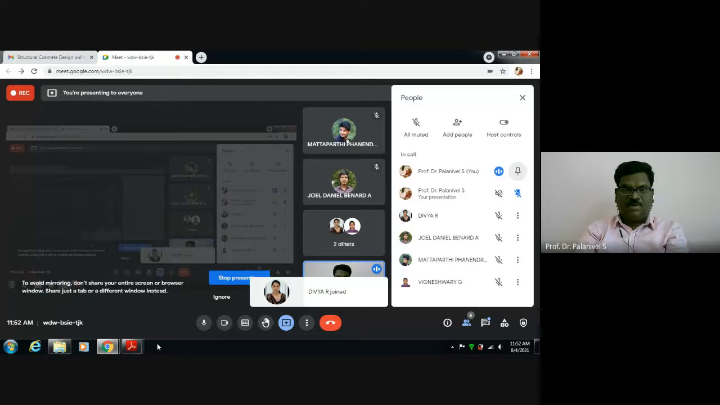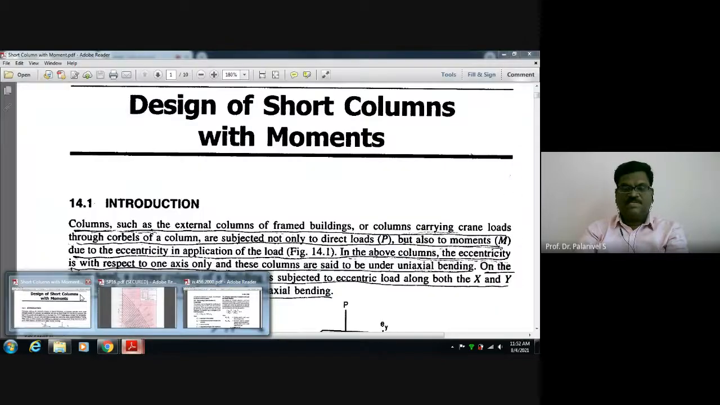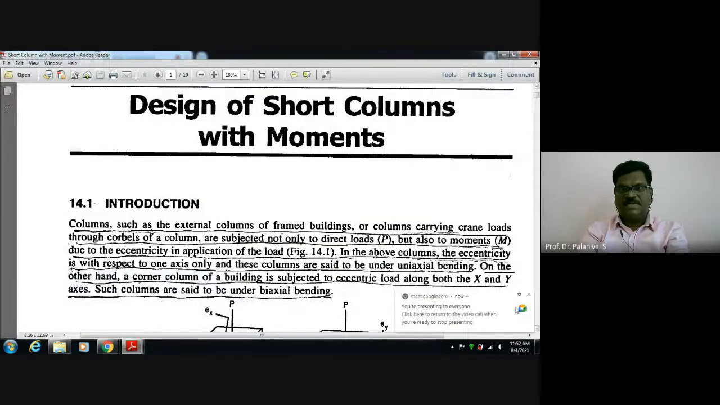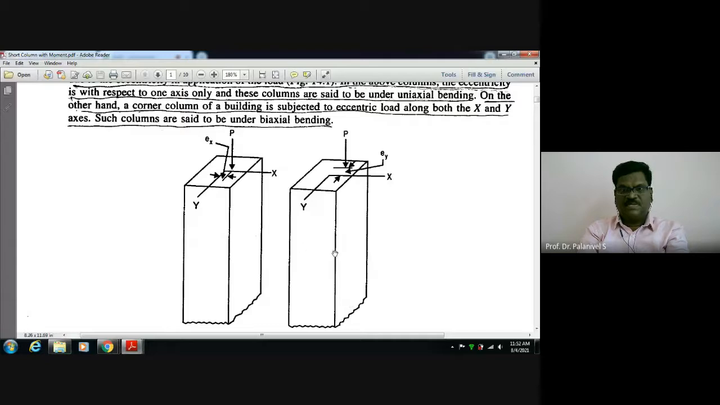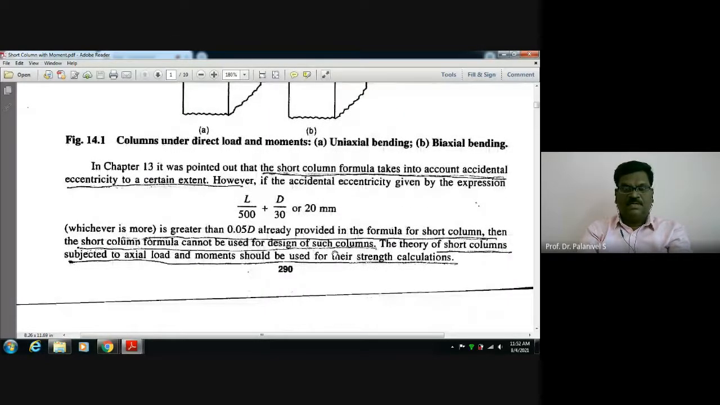Today, what I am going to do: last class I just started this one, isn't it? Design of short column with moment, right? Some of this theory we have seen. What is uniaxial bending? What is biaxial bending? And we already have a formula for accidental eccentricity, and now due